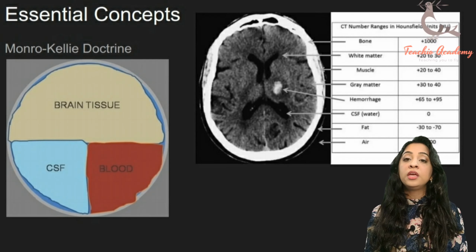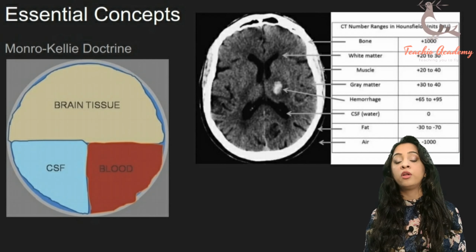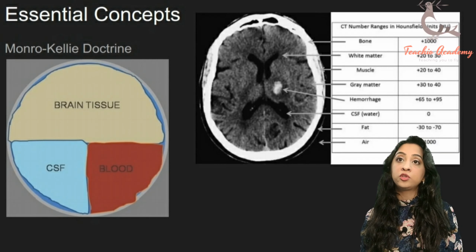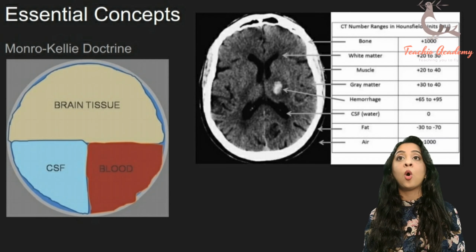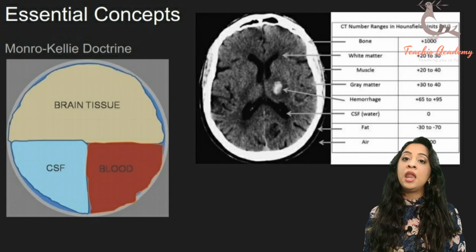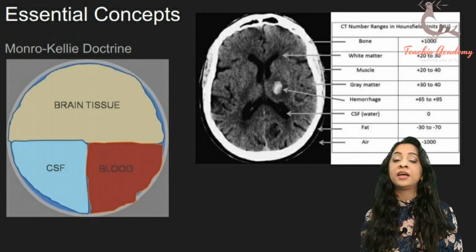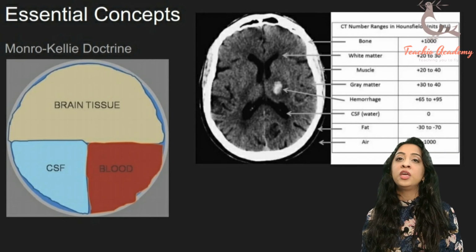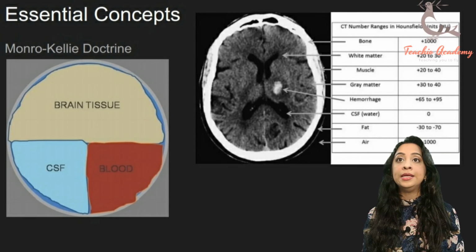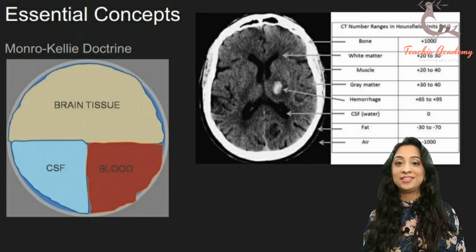So your bone is going to appear white, and the things which go on from their density after bone, for example things like your white matter, your hemorrhages, they're going to appear whitish, and things which allow radiation to pass through, like air, are going to appear black. Similar to this, the fat allows radiation to pass through, so it's also going to appear a little black. That's it. You don't need to know anything else about the head CT.